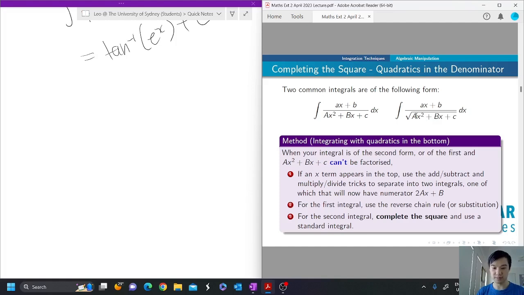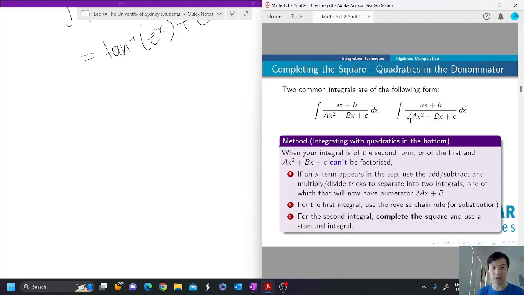So the trick is you kind of want to use the adding and subtracting algebraic manipulation trick to get the top to resemble the bottom, and afterwards split the fraction like what we did earlier, and then see if you can get the reverse chain rule. Manipulate it so that you can try to do the reverse chain rule,